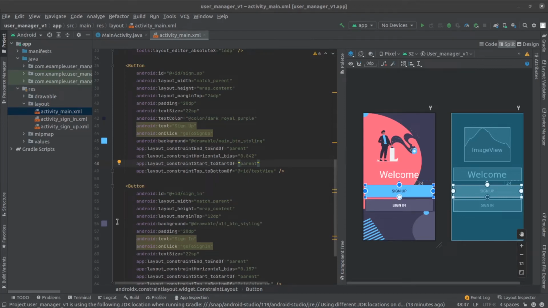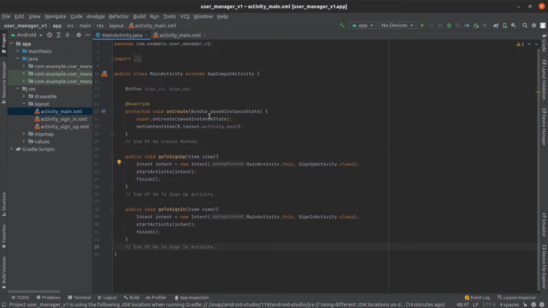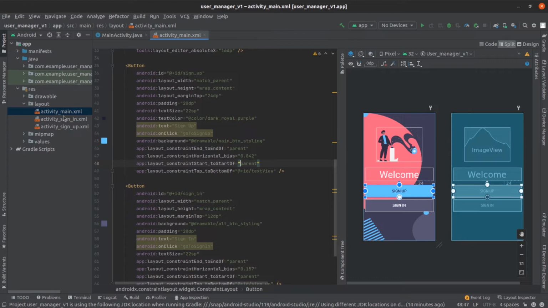Alright, so in the last video we were working on the main activity page where we created our design, and then we set up our two buttons here, the sign up and sign in buttons, to point towards going to the sign in and sign up activity once you click on them. And then we created the two methods here within the activity class, and now what we're going to do in this video is work on the sign up page, because what we need to do is the design of the